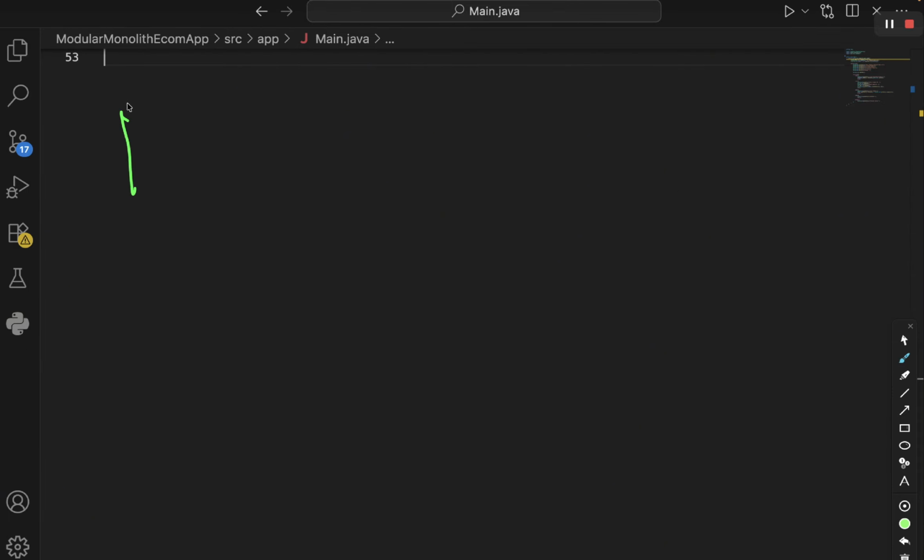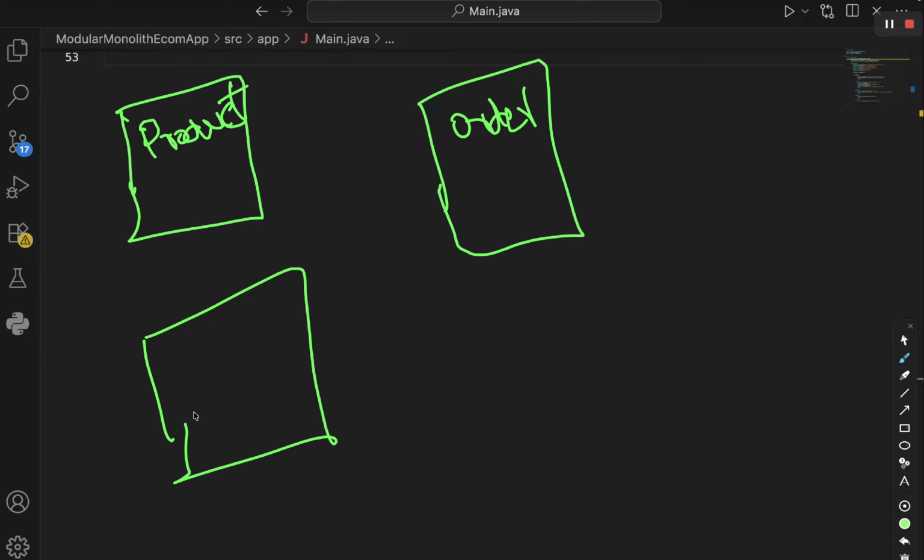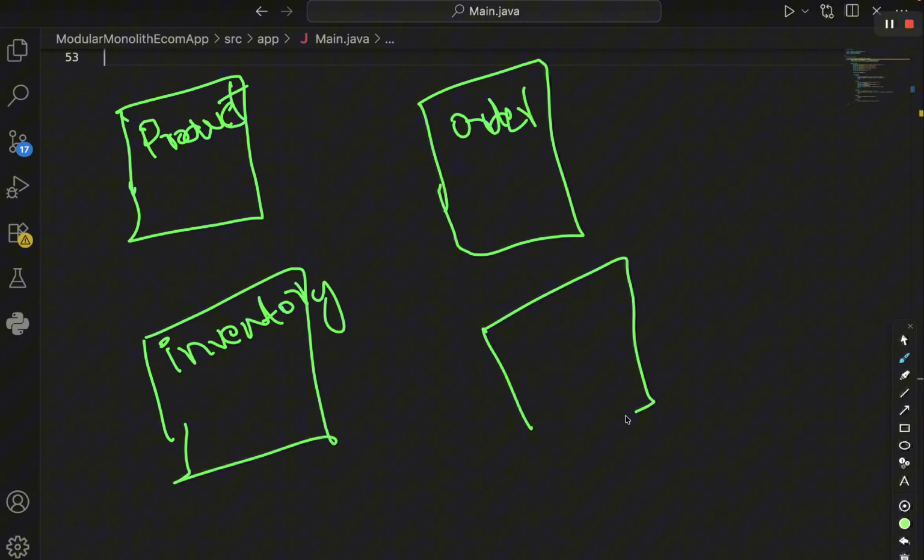There is a product module, and if I add the product module over here, product, and order module, order, and then customer module, or maybe inventory module, inventory, and customer module, customer, right? So this module is having the logic of storing all customers and the information about different customers and their